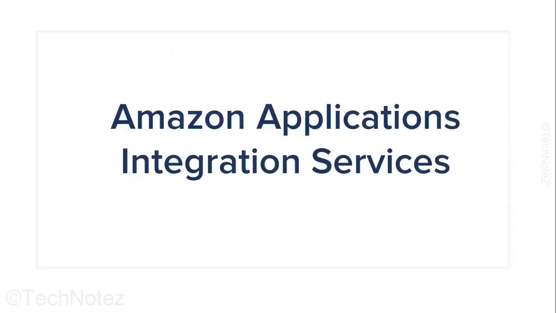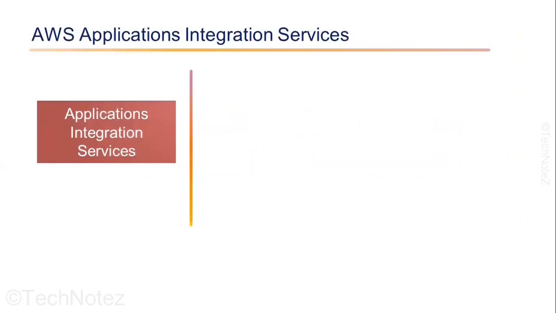So next, we are going to talk about another category of services called app integration services. And when we talk about the app integration services, we are really talking about three different types of services on AWS. AWS offers several services that enable the organizations to build and manage the integrations between different applications. We will discuss about some of the key AWS integration services.